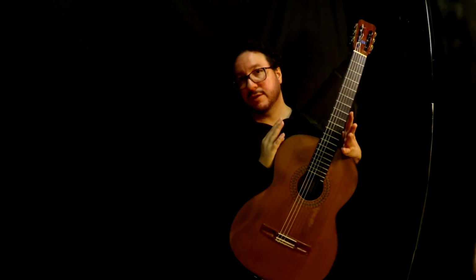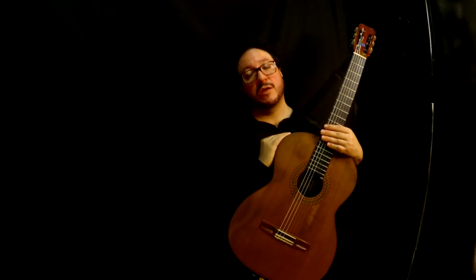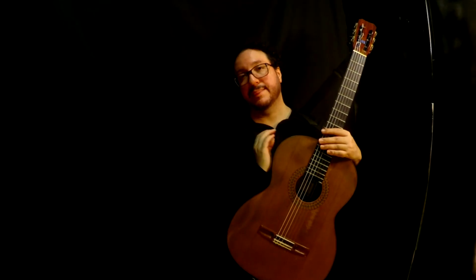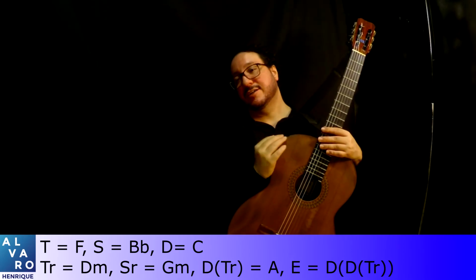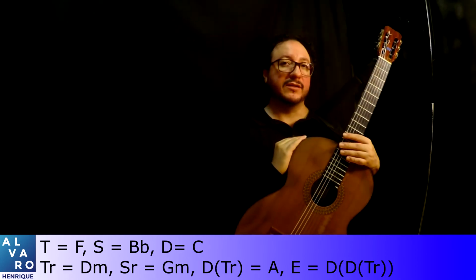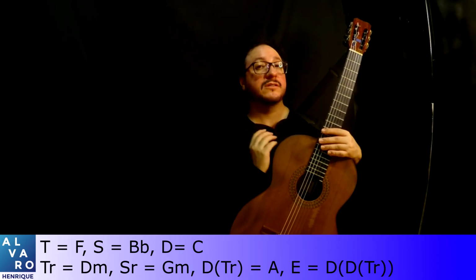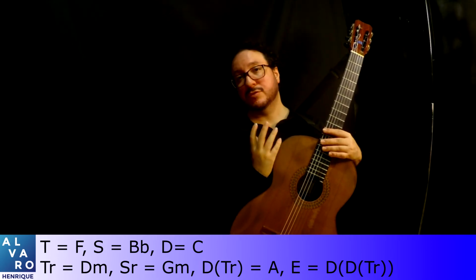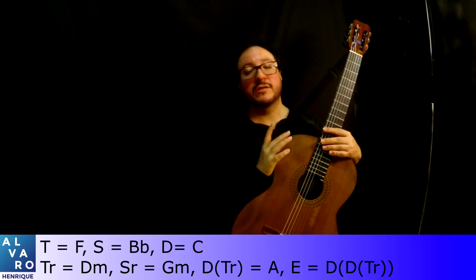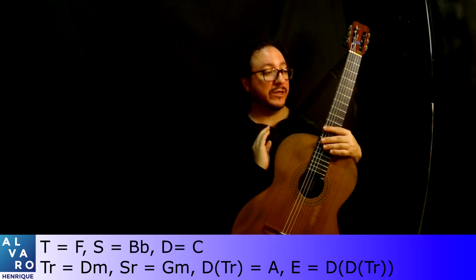I won't spend some time in this lesson talking about the harmony. You should be able to classify the chords at that moment in your course. It's in F major, so the tonic is the F major. The subdominant is this B flat major chord, and the dominant is the C major chord. The tonic relative is the D minor, the subdominant relative is the G minor, and the dominant of the tonic relative is the A minor. And those are the chords that you can find here.